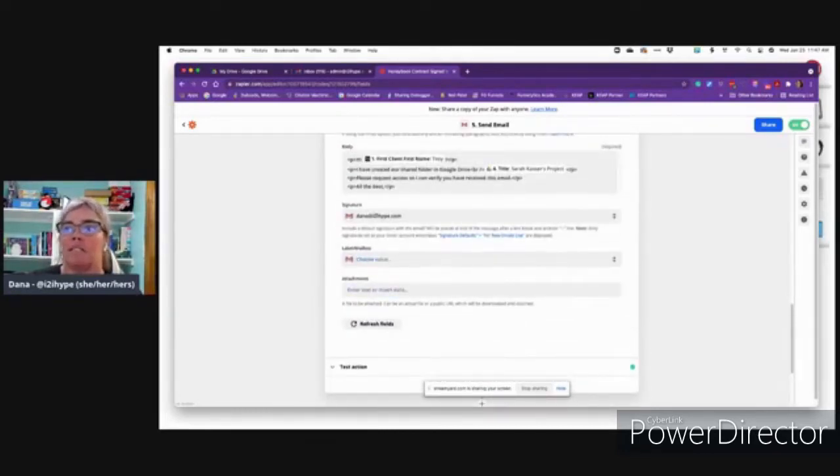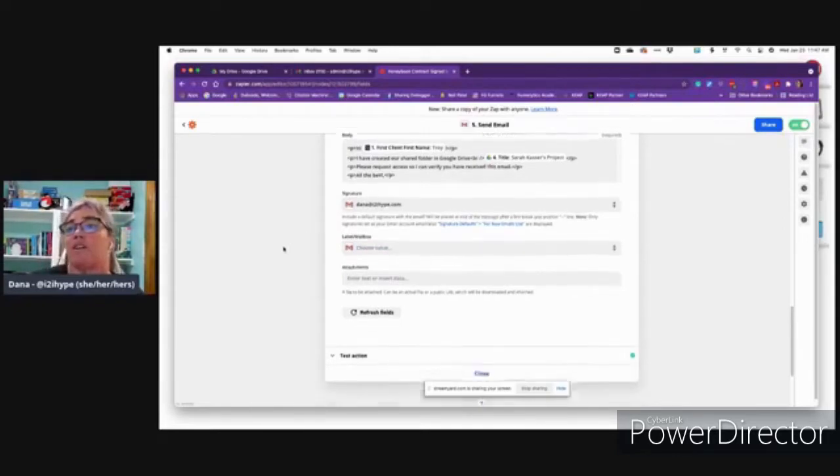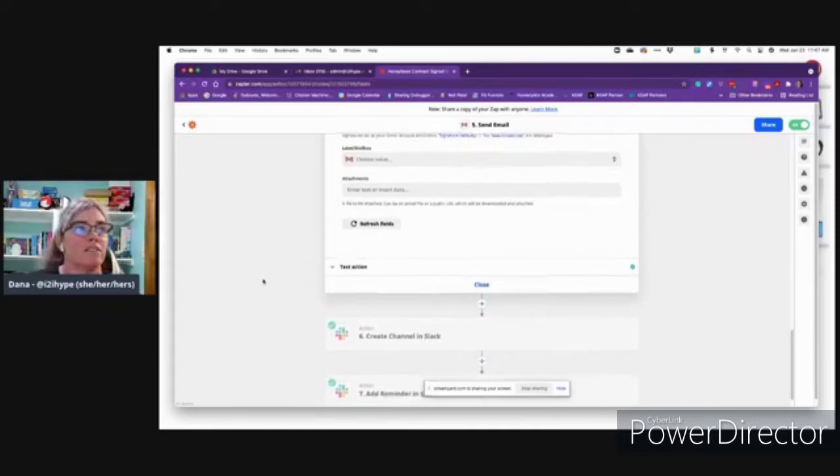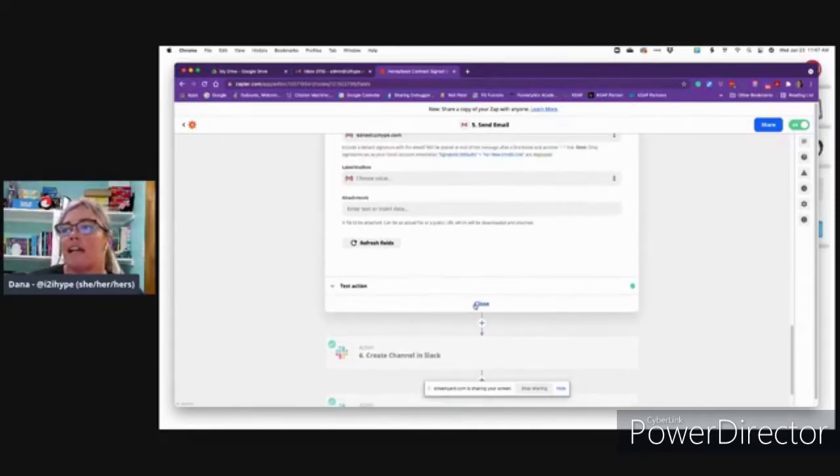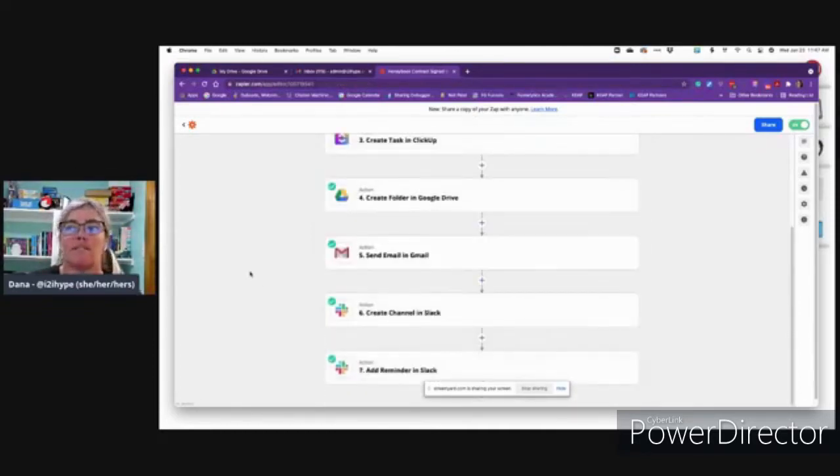It can label it. It's got my signature in there. So if you update your signature, it's got it. It's got all of these wonderful things. Now I have it continue on. Why? Because when I'm working with clients, the way that I talk to them is actually through Slack. It's my favorite to work from,